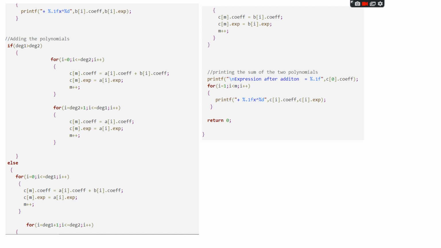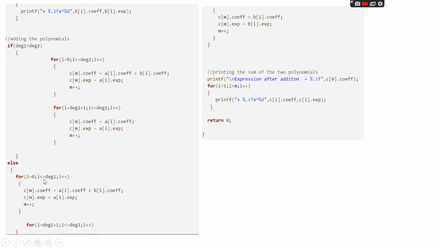For I equal to degree 1 plus 1, I less than or equal to degree 2, I plus plus, as long as the leftover elements are not added. In order to add those elements to the new array, that is the C array, we'll be using the array starting from degree 1 plus 1, because in this else condition degree 1 is less than degree 2. That's the reason it's else.